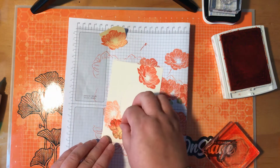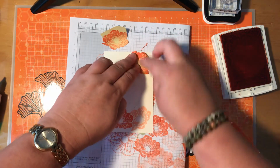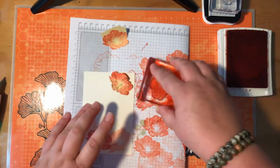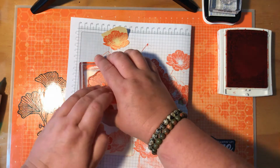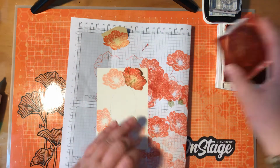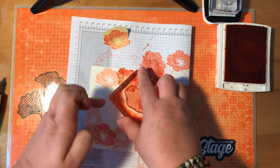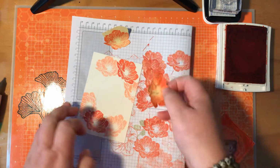And just be careful, you can get quite a bit of smudging ink on your fingers coming off the post-it note. So just be careful. Don't want smudges on the rest of your card, if we can help it. 2. Okay, and then what I want to do is come back in the center here and actually do